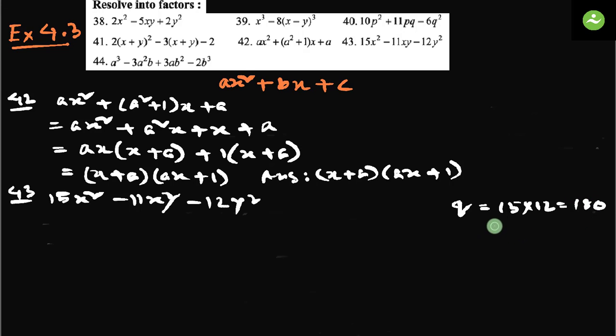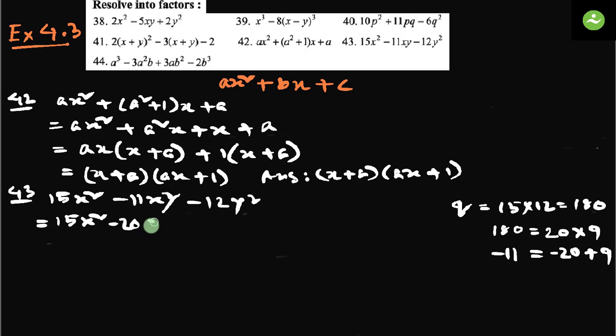Now let us select two factors of 180 so that the product is 180 and the sum should be minus 11. Product should be 180, sum should be minus 11. What can be those factors? So how about 20 into 9? Minus 20 plus 9 should work, equals to 15x square minus 20xy plus 9xy